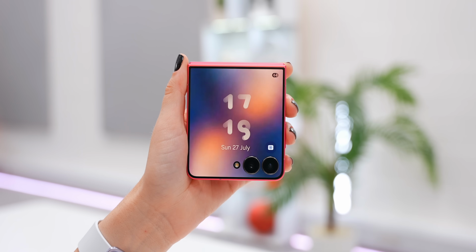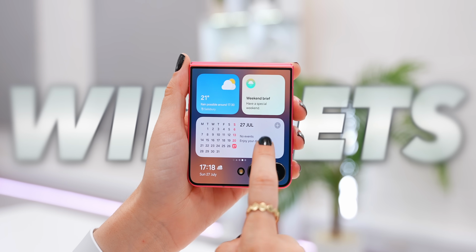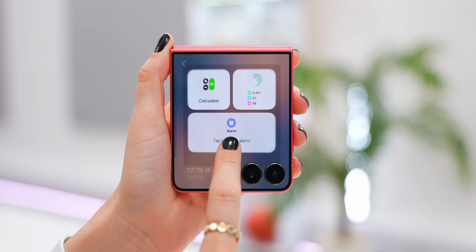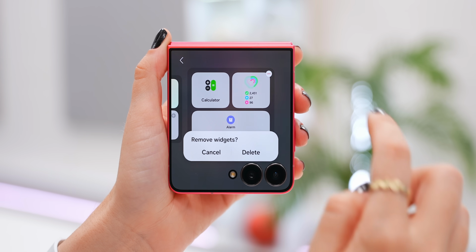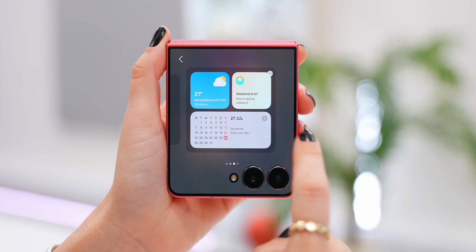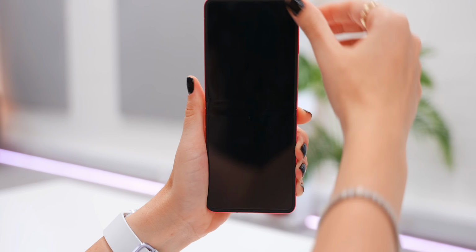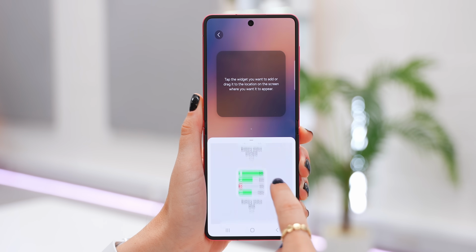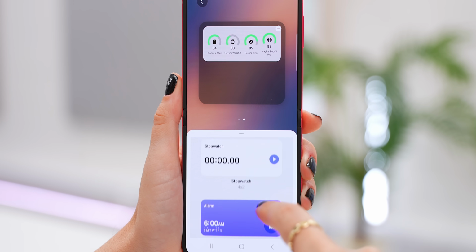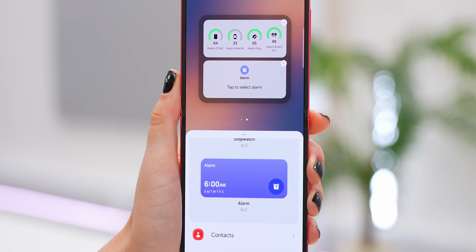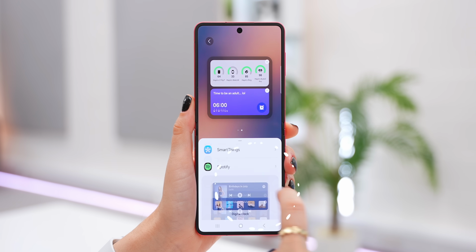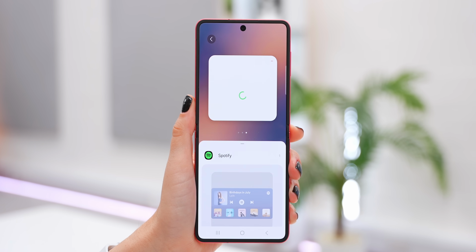Okay, now let's talk widgets, and let me show you how to get the most out of them. So here's what I recommend you do. On the cover screen, remove all the widgets except for the Multistar widget that you just added. Once you've cleared them all up, go ahead and open your phone, because now we're going to add the best widgets. So I recommend you add this 2x4 battery widget, then scroll down to clocks and add this 2x4 alarm widget. Then head to Spotify and add this one, and what's so nice about it is it's actually a full